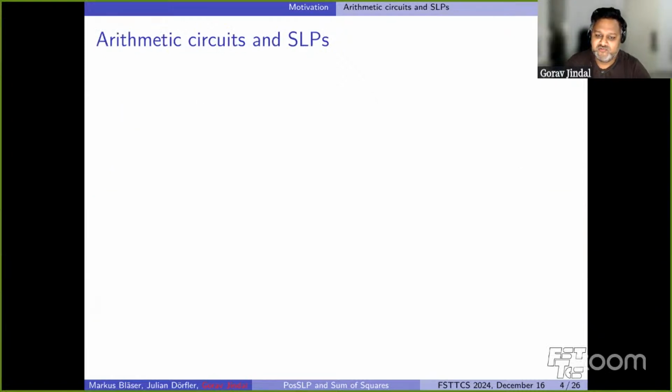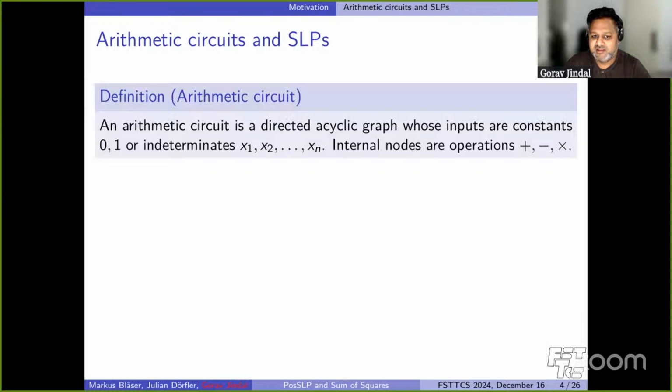To formally define the problem PosSLP, I need to briefly introduce the notion of arithmetic circuits and straight line programs. An arithmetic circuit is nothing but an arithmetic or algebraic analog of the usual notion of Boolean circuit. It's a directed acyclic graph, and at the inputs, or the leaves, at the bottom layer we have the constants 0, 1, or variables x1 to xn, right? And every gate in the middle is either addition, subtraction, or multiplication, right? So in particular, like in the usual literature, the constants